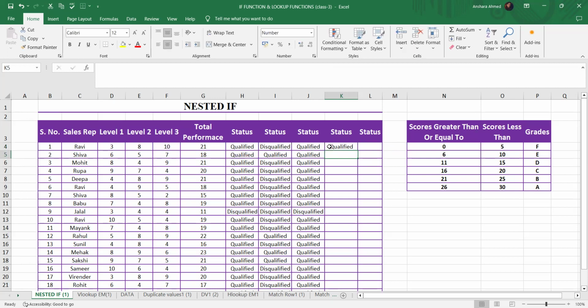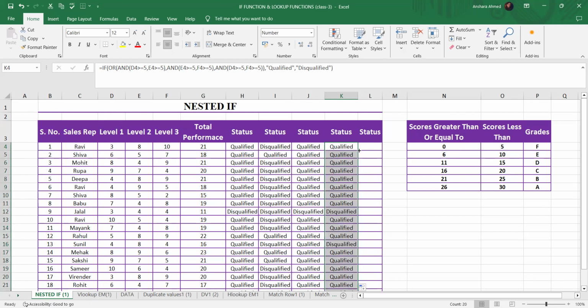is again qualified because out of three groups, as you can see in the 1 2 group, you can compare it. On the first group he passed the second level, and on the second and third he passed both levels, and on the first and third he passed the third level. So that is how he is qualified for the bonuses. I'll copy paste down the formula by double clicking on it, and you can see it. Now